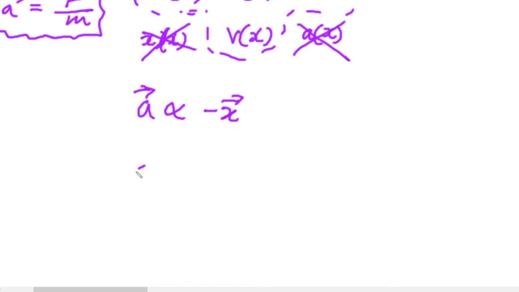Or in other words, the acceleration is equal to minus some constant, which we'll call k again for convenience. This is not the spring constant. Do not treat it like the same thing. This is just convenient. A is equal to minus k times, you know what, I'm actually just going to use a different letter than the spring constant just to make it clear. So a is equal to minus bx, where capital B is some constant that we're dealing with